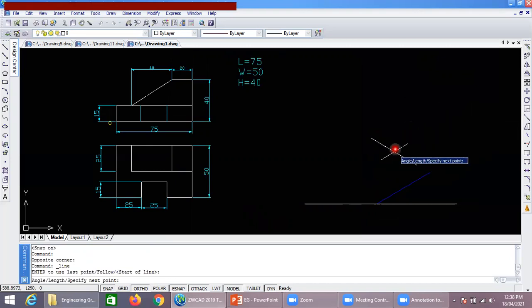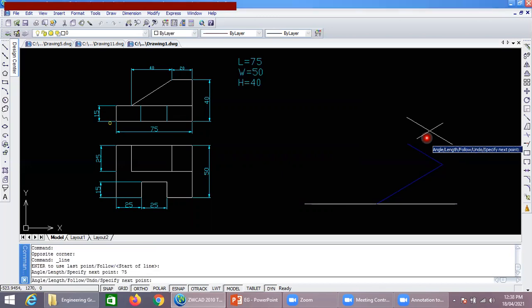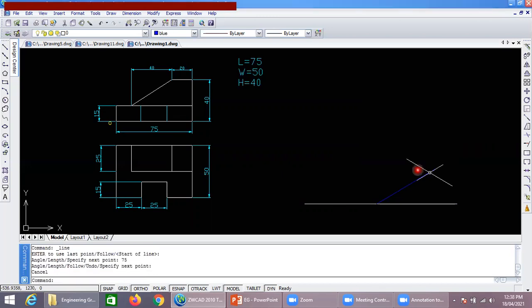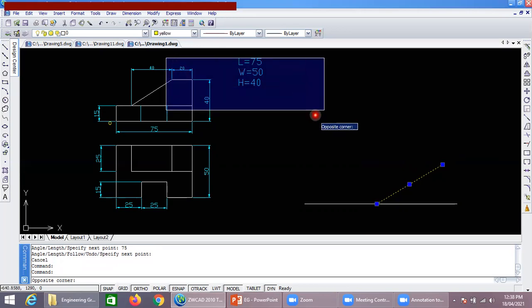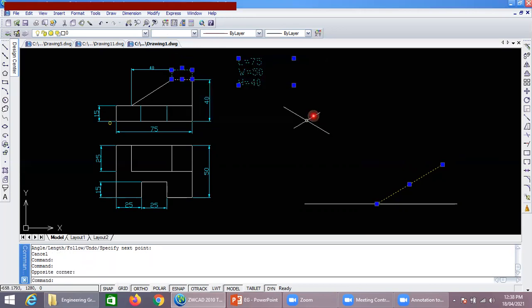As we know, the length is distributed on the right hand side of O. So this is the length axis on the right hand side of O, and it is of 75 mm length. Then the height is of 40 mm.